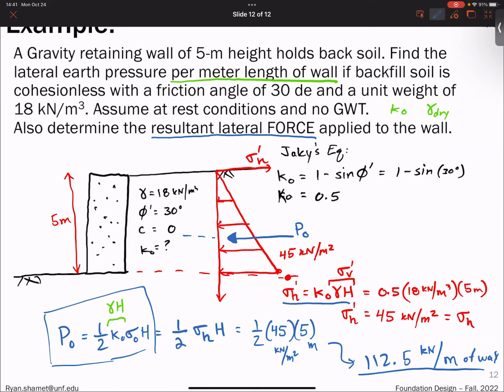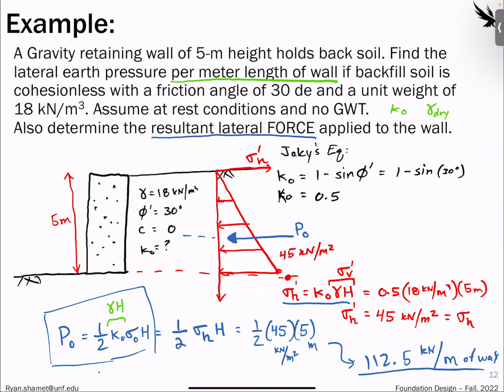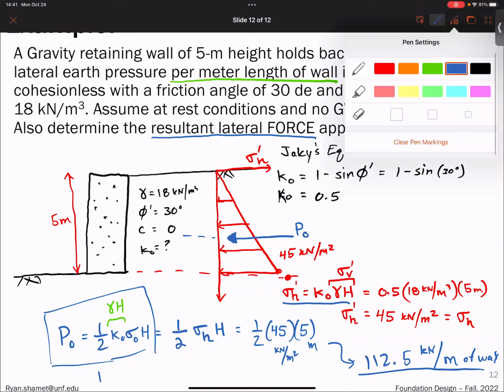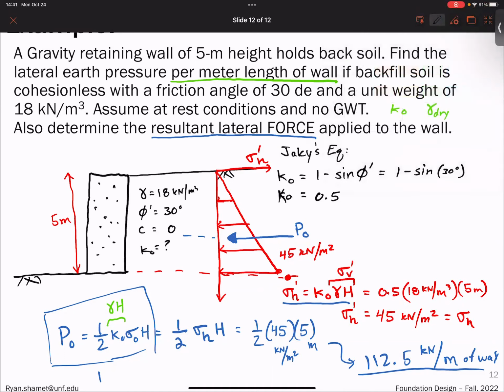So that's where this is coming from. P naught, we just do it in different colors so I don't have to erase everything. P naught is equal to 1/2 times K naught times the unit weight times H squared, which is also equal to 1/2